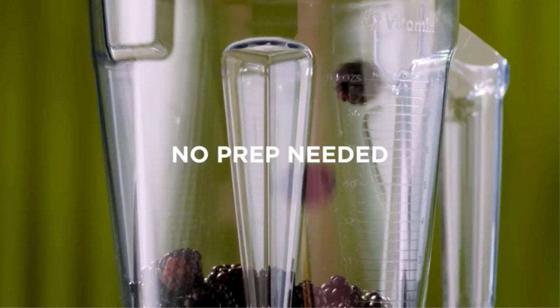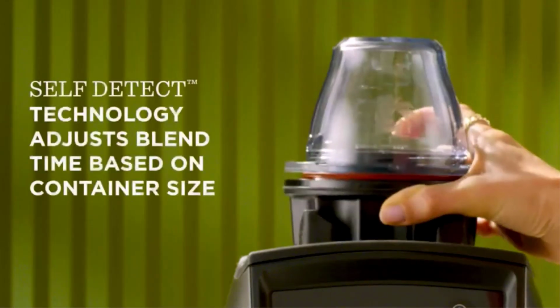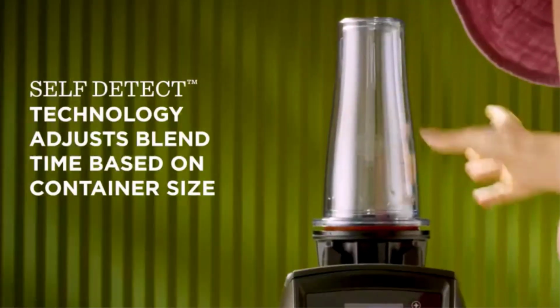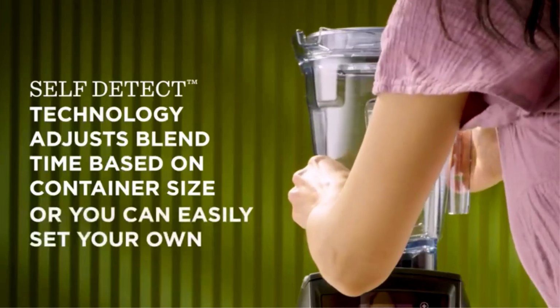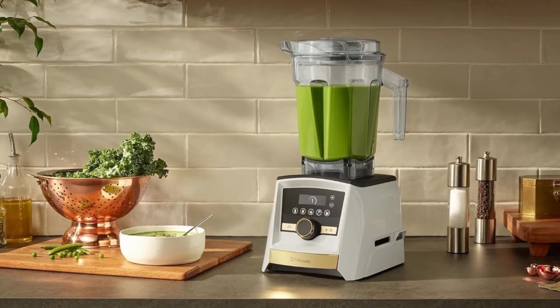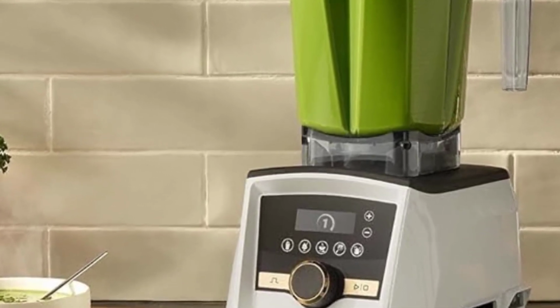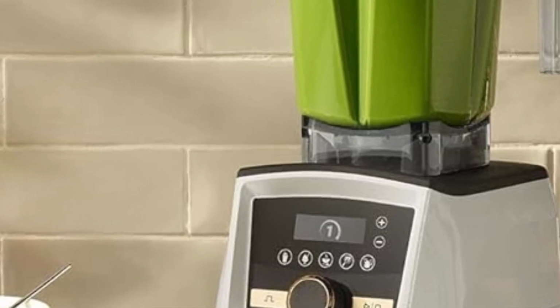As part of the ActiveSense series, the A3500 offers smart technology that includes 5 pre-programmed settings for smoothies, hot soups, dips and spreads, frozen desserts, and self-cleaning, making it easy to achieve consistent results without manual adjustments. The variable speed control and pulse function provide more control over blending, allowing users to adjust the texture to their